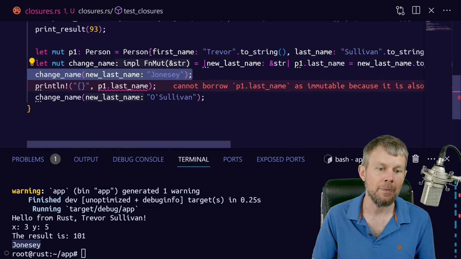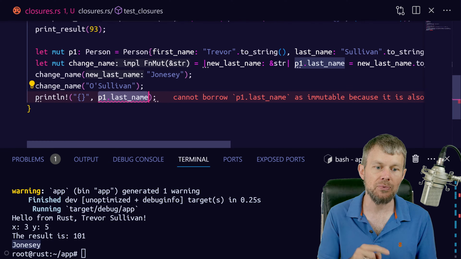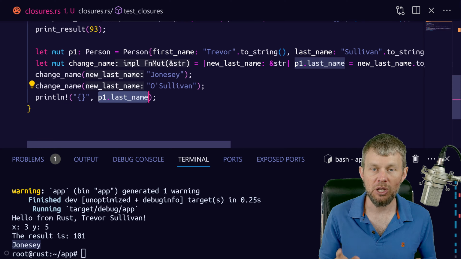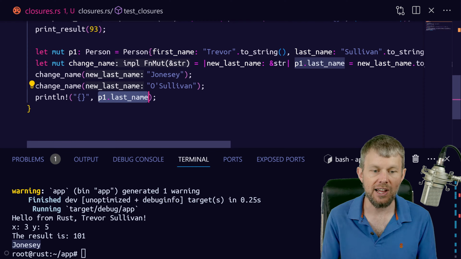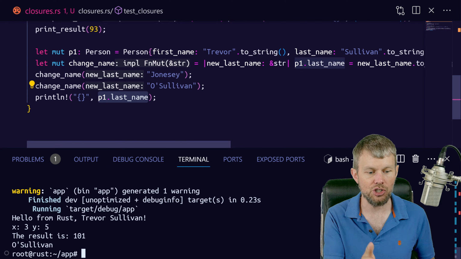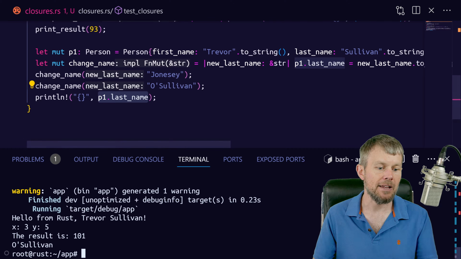Therefore, we will not be able to access P1 last name until after we have completely finished accessing p1.lastname from our closure. So after we call change name two different times, then we can go ahead and start to read that value again from the parent scope. And sure enough, you can see we change it to Jonesy, we change it to O'Sullivan, and so the final